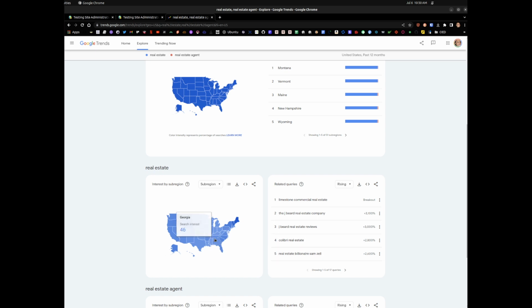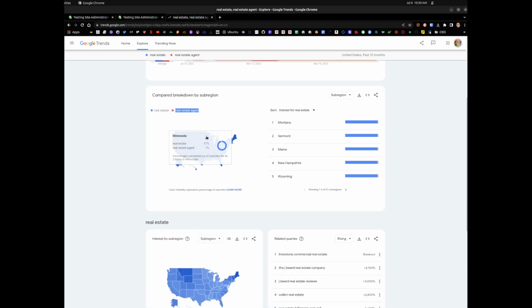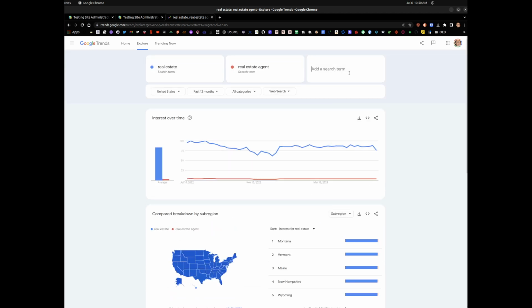If you go to a light one like this one, Minnesota, which is 37. Okay, let's go to Minnesota. You're getting 97% versus 3%. So which keywords are you supposed to be tracking or relating better to your site? Now you know. If you're in real estate, don't use this one. You can also click other ones. Homes for sale, I don't know.